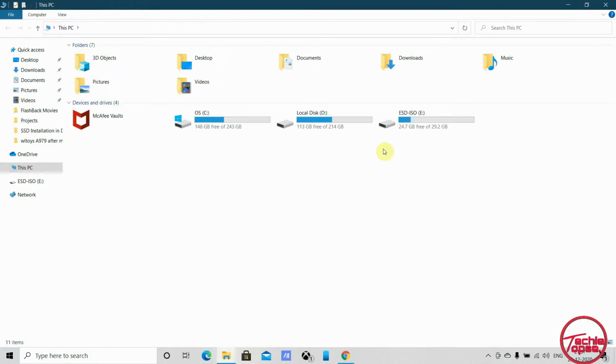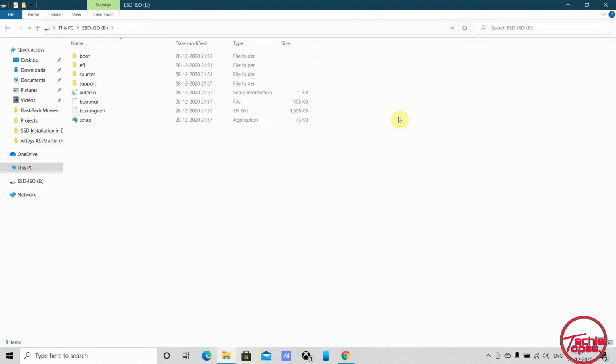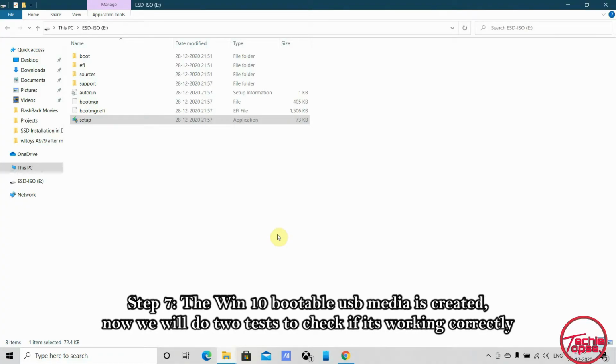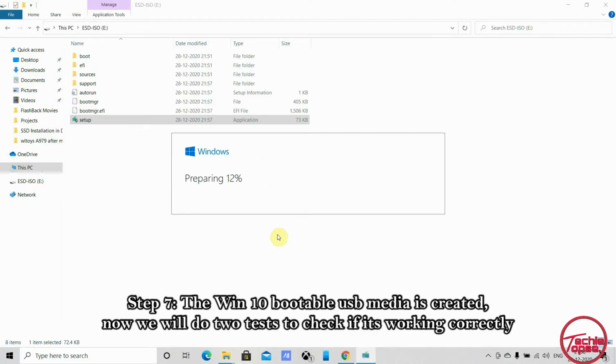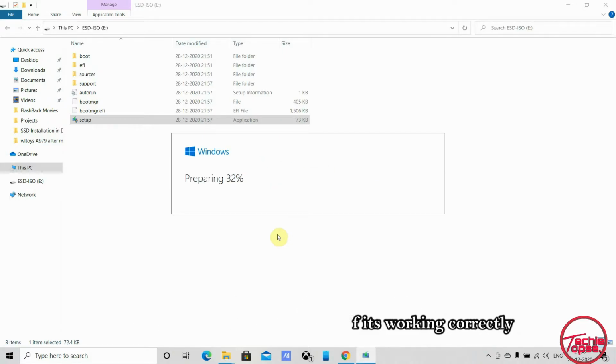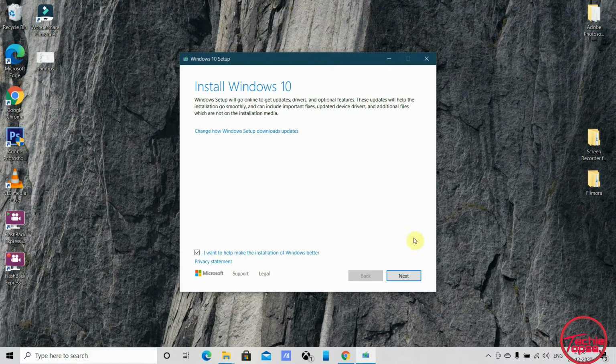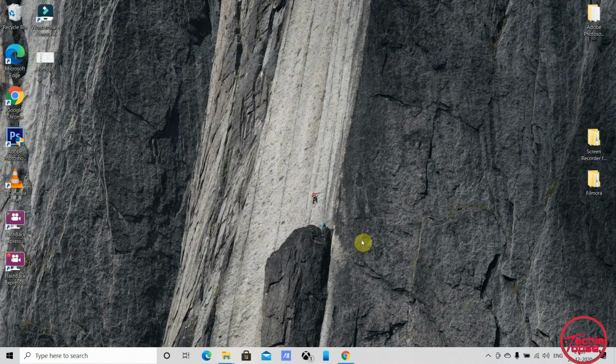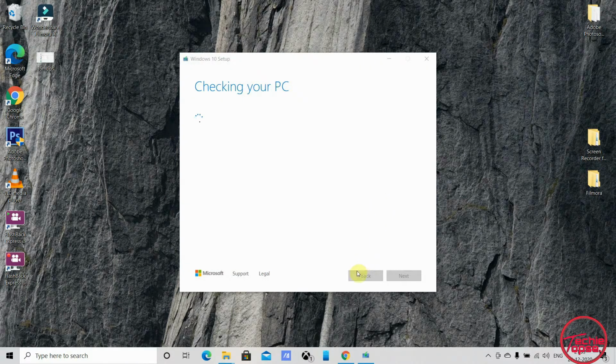Now the Windows 10 bootable USB media drive is created. Now we'll check whether it is appropriately created or not. So it can be seen it is working properly.